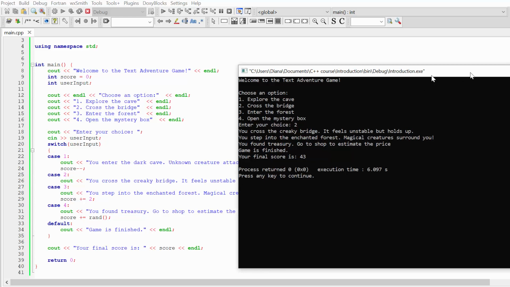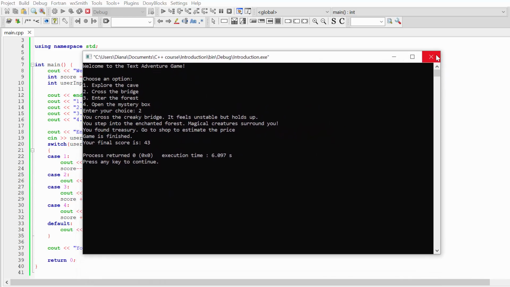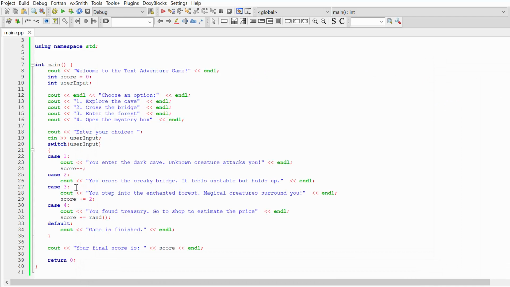So it's something very crucial to remember. If you don't use the break statement in switch, you are going to execute all the code you typed starting from the case that is true. So if user input is equal to 1, I'm going to execute all this code. If user input is equal to 3, I'm going to execute all code starting from case 3. So this is the exact reason why you need to use the break statement if you don't want to execute code for all cases.